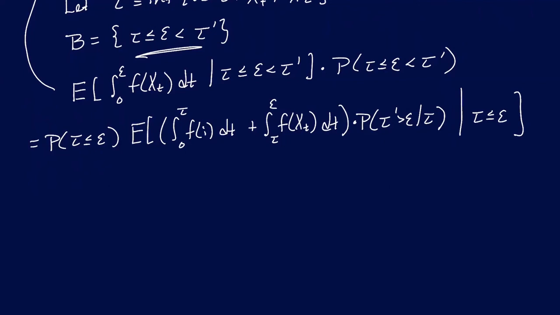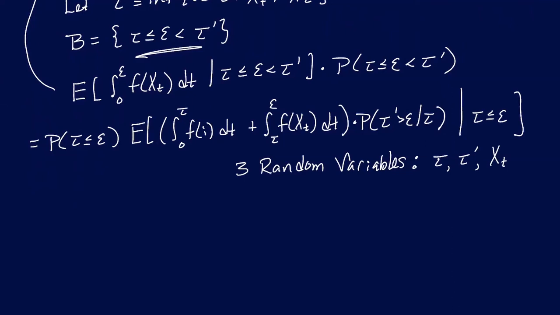But how do we proceed from here, given that we have this equality? I need to compute this expectation, and there is a lot going on in here. There are 3 random quantities in this expectation. There's tau, the time of the first move away from state i. There's tau prime, the time of the first move away from wherever we moved to when we moved away from state i. And the process itself, I don't know the process, it's a random variable.